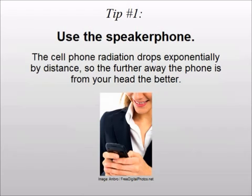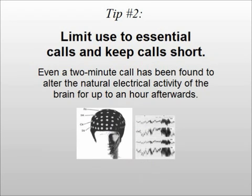Tip number 1, use the speaker phone. The cell phone radiation drops exponentially by distance, so the further away the phone is from your head, the better. Tip number 2, limit use to essential calls and keep calls short. Even a 2-minute call has been found to alter the natural electrical activity of the brain for up to an